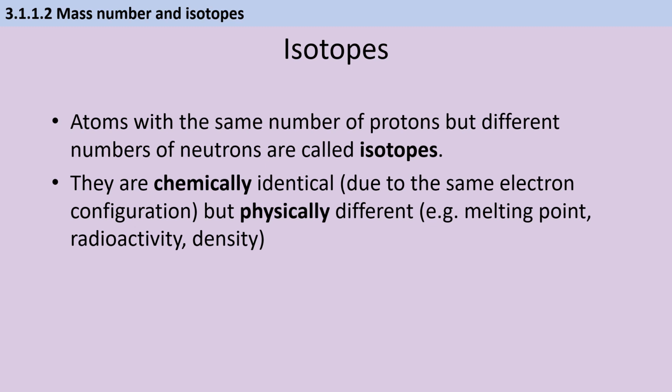Isotopes are different atoms of the same element, and therefore they have the same number of protons, but they have different numbers of neutrons. They're chemically identical, in other words they undergo exactly the same chemical reactions because they have the same electron configuration, but they're physically different because they have different numbers of neutrons, so they may have different melting points, radioactivities and